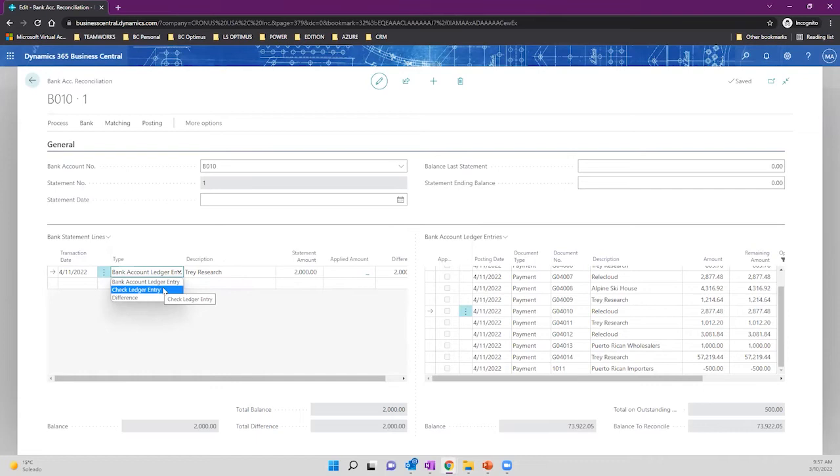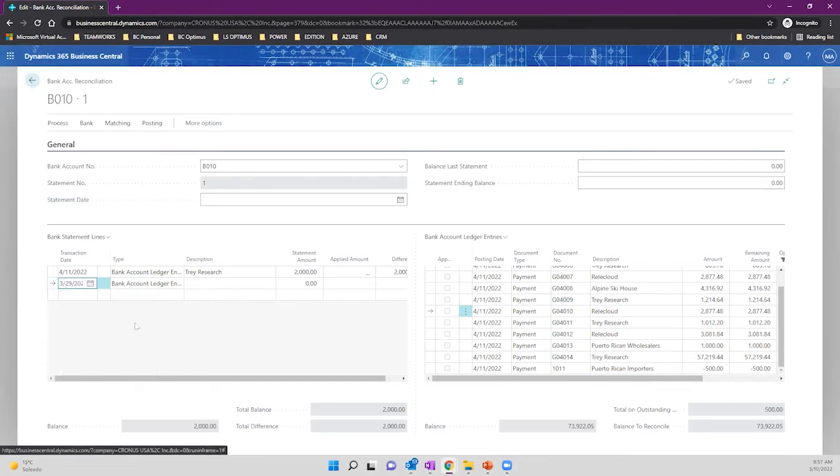This is informational for us to know where I should input this information in your check ledger entry or coming in from your bank account ledger entry. So you already know what each one is. And the differences, let me put another difference account, is when I actually want to calculate, well, my bank calculated